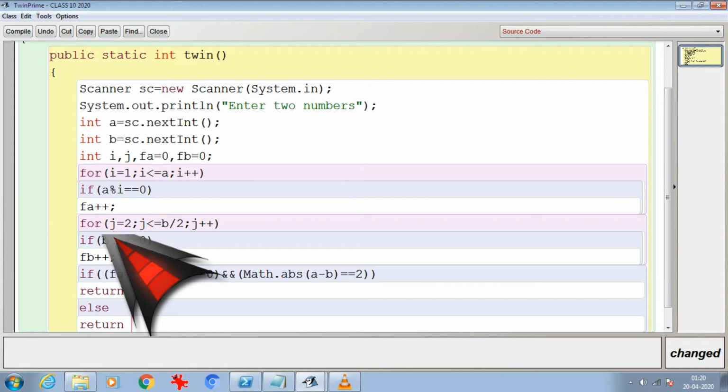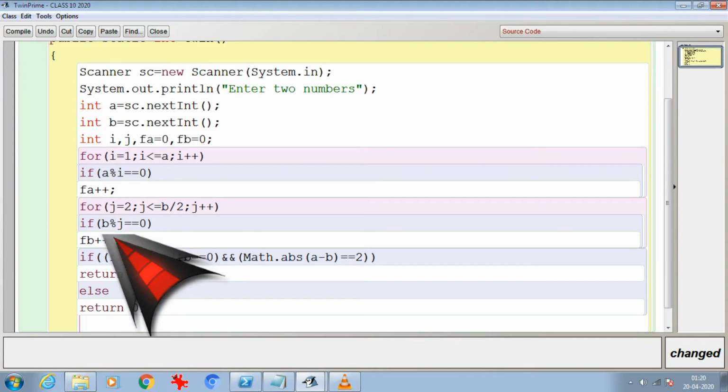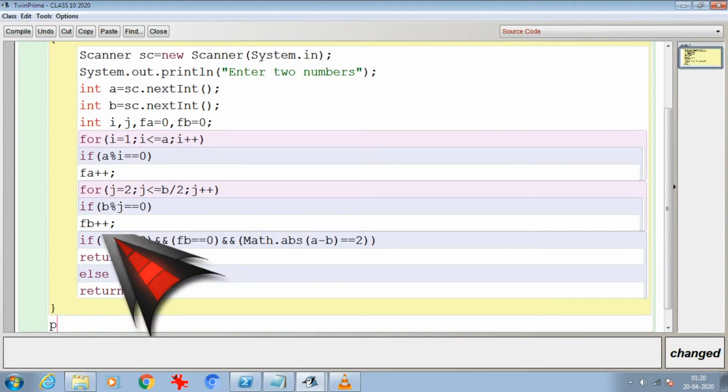Okay, now I'm closing it and writing the main method. So public static void main, and over here I'm going to write only the calling part of the function.